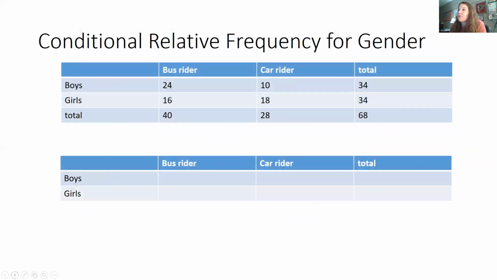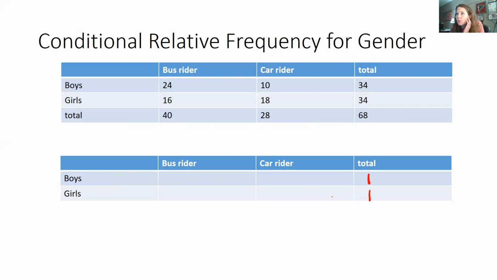Now, conditional relative frequency means based on something. It's conditional on, this time, gender. So this time we're not really interested in the grand total of boys and girls. If we're looking at conditional relative frequency for gender, that means we're looking at just the boys column. If we talk about all the boys, we're talking about 100% of them, which is equal to 1, right? Next, we'll look at all the girls. All the girls is 100% of them. So now we want to think of our boys. If we're talking about all of our boys, we want to know